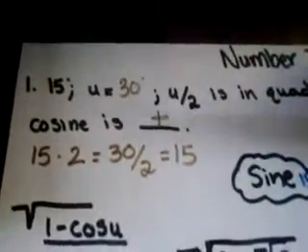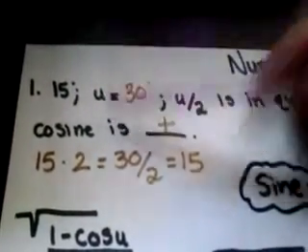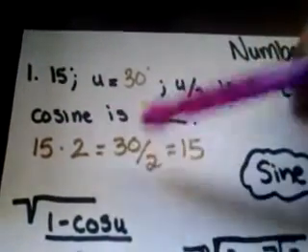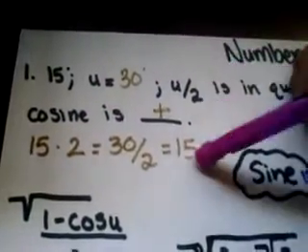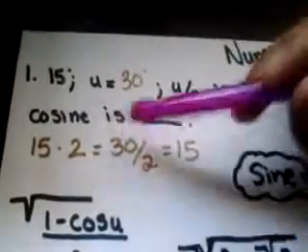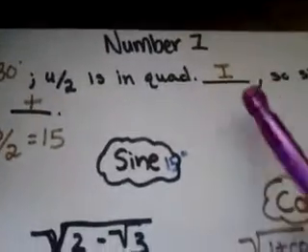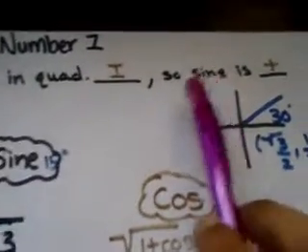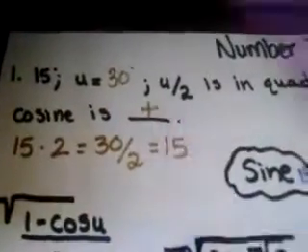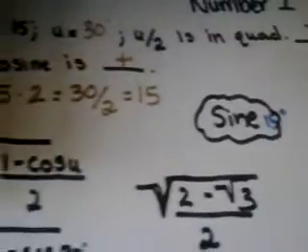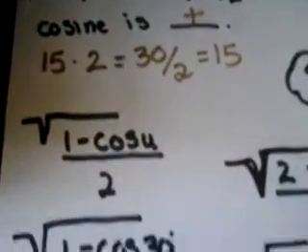So for number 1, to find where u will be, multiply 15 times 2 equals 30, and then divide that by 2, which is 15, just to double check. And we'll use 30 degrees, which is in quad number 1, and from quad number 1, sine will be positive and cosine will also be positive. And from there, we'll just find the sine of 15 degrees, and we'll be using our half angle formulas, which